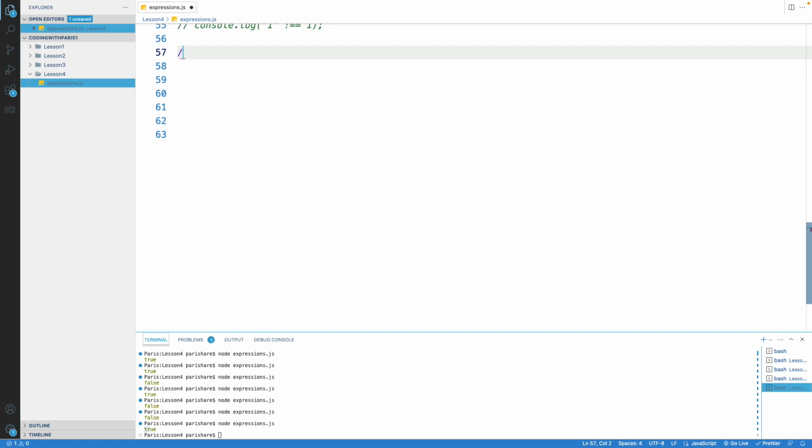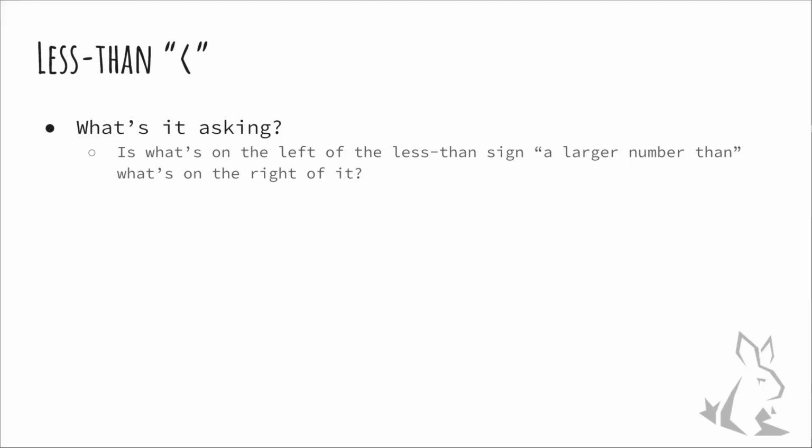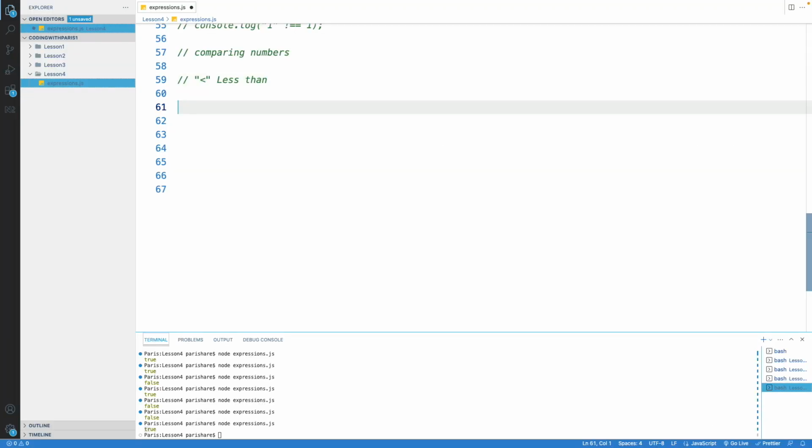And we're going to start comparing numbers. The way we do this, there are a couple of different ways. Now, this is comparing numbers the way we might have compared them or represented them in school when we were learning math. Let's talk about that here. Let's look at our first way to compare numbers, which is the less than. So this is saying, is the thing on the left less than the thing on the right? Okay. The way we do that is